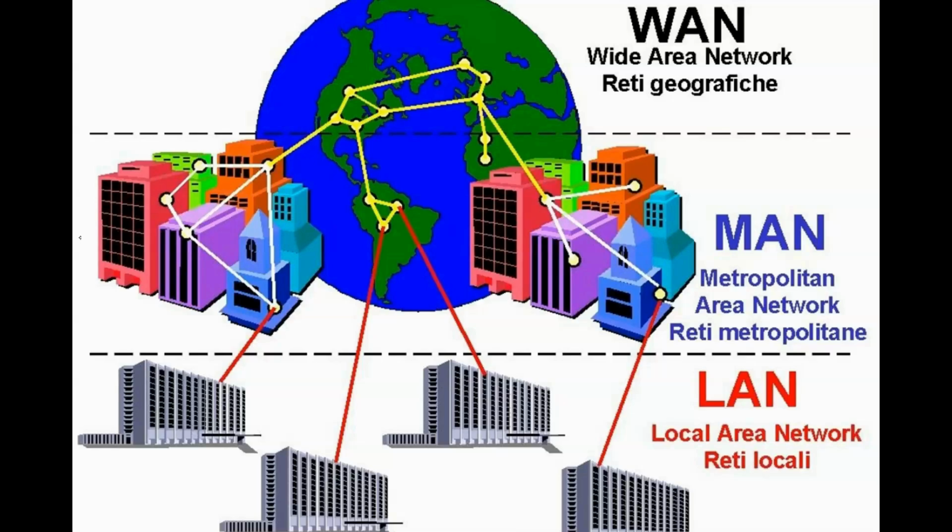See this picture. These are your LANs. The small ones are called local area networks, and these small LANs make the metropolitan area networks in the cities, and these MANs together form WANs. This is how they get interconnected. The small LANs are interconnected with each other to form a MAN, and again these are interconnected with each other to form a WAN.